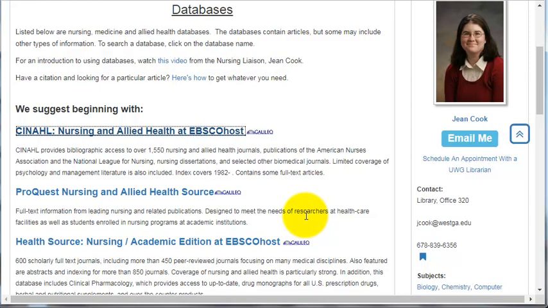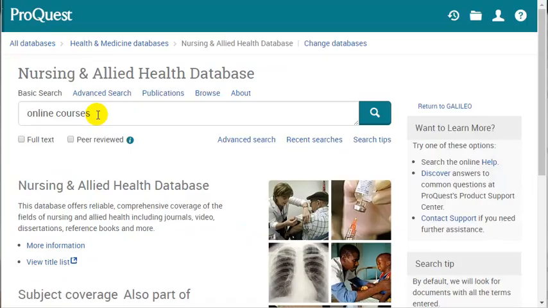CINAHL is widely recognized as the best index, but it doesn't have a lot of full text. That's why we want to try multiple databases in our search. Our biggest nursing database is Nursing and Allied Health Source. It looks very different from EBSCOhost and CINAHL, but it works basically the same way. You can put in your search,